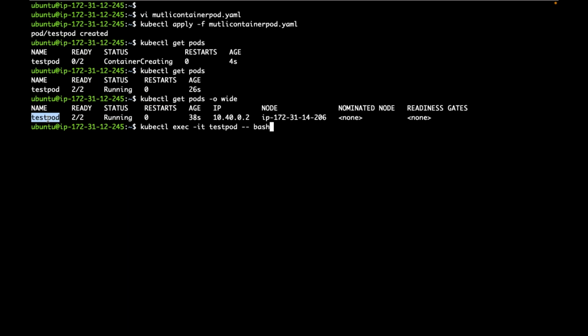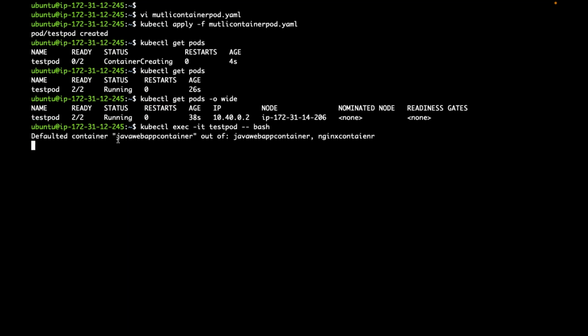The Java web app. Now, you see, it defaulted to this container out of the two. Now I may get some issue. Let's see. It may throw a timeout. Let's see.